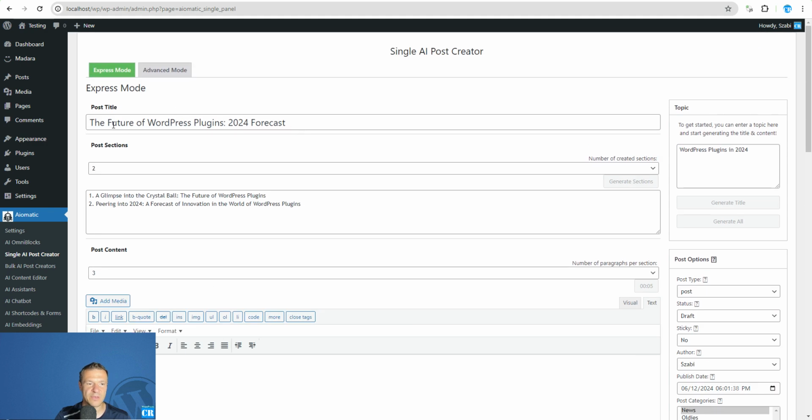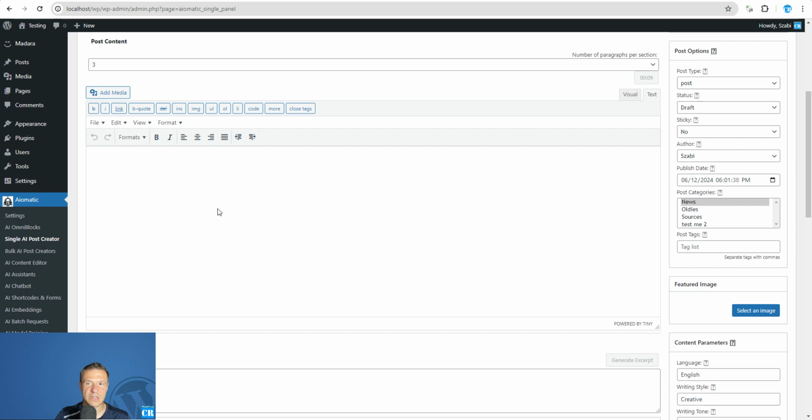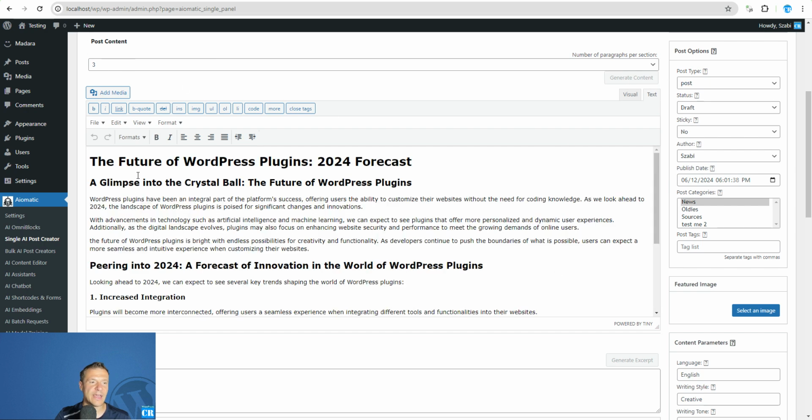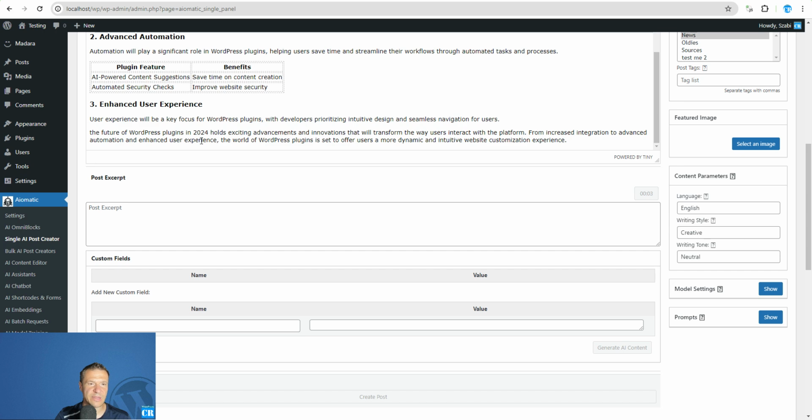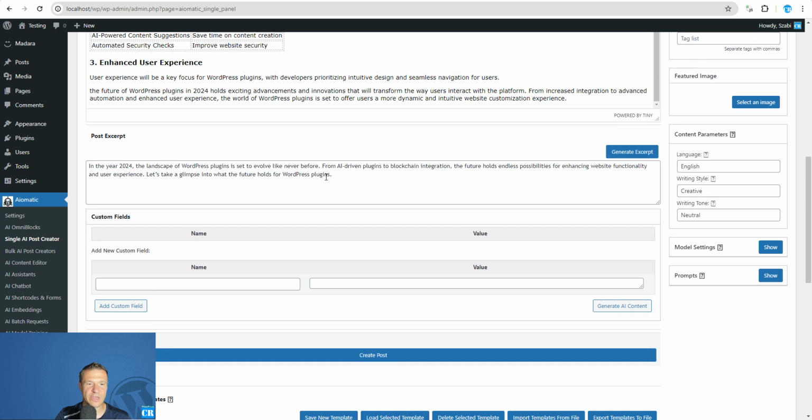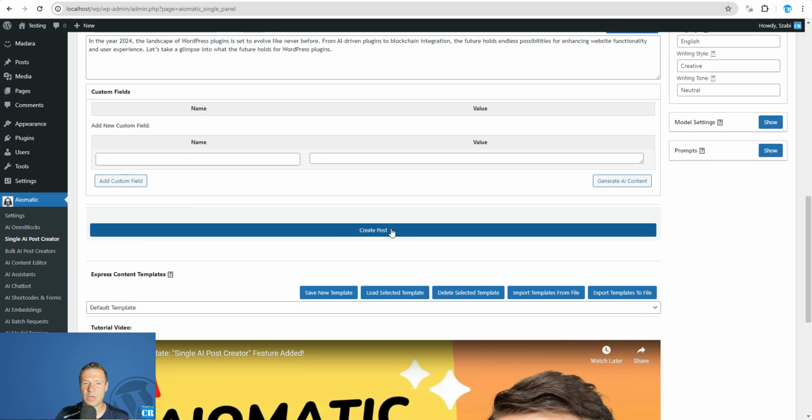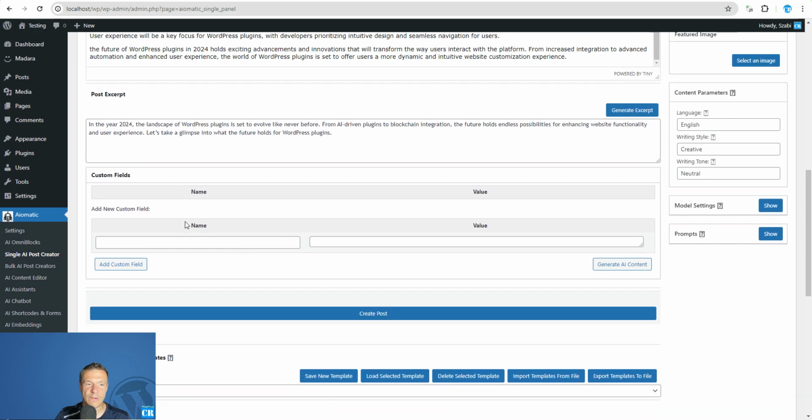So we can see we have the title already, the two sections from the article. We are working now on the post content, and it is here. It's already finished. The excerpt is available, and we can now create the post. However, if we wish to set custom fields for our created posts, we will be able to do this also now here directly in the single AI post creator, and we will be able to also set AI generated values